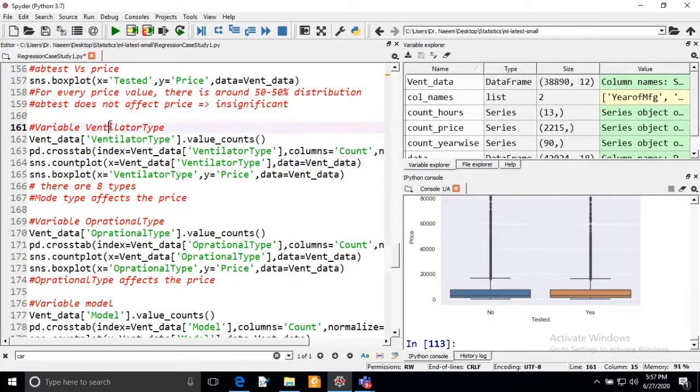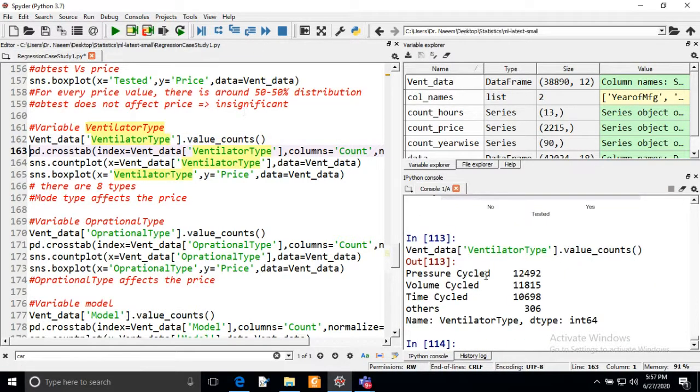We can also look at the ventilator type variable and see whether it is affecting the price of the ventilators or not. First we will see how many categories we have in the ventilator types. We have 4 categories: pressure cycled, volume cycled, time cycled, and an others category.